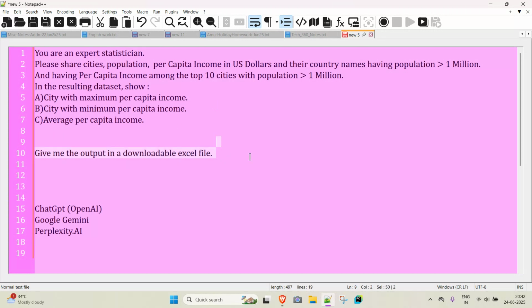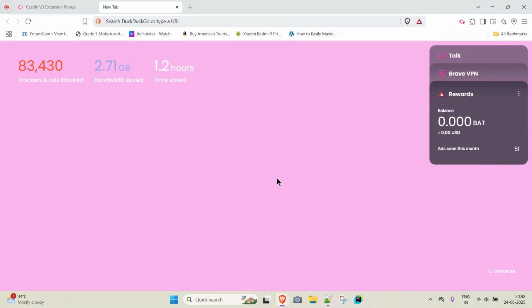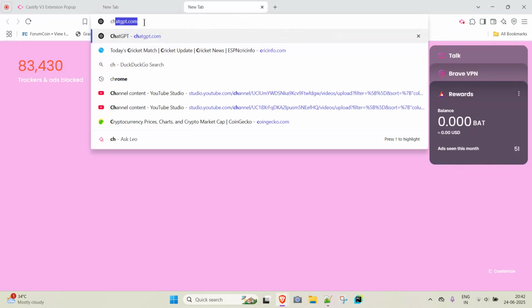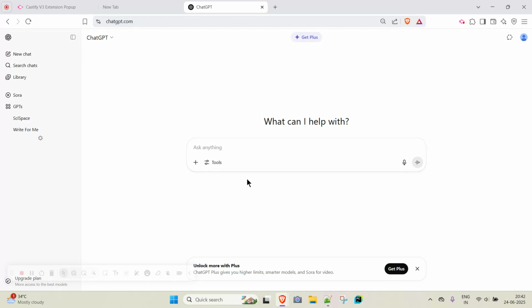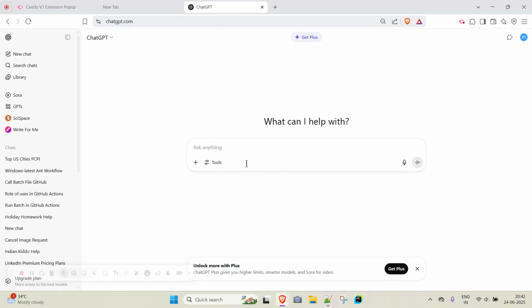So what I will do, I will copy this, and then I will go to the first, let me go to OpenAI ChatGPT. Okay, so here it's asking what can I help with. We have the content ready.